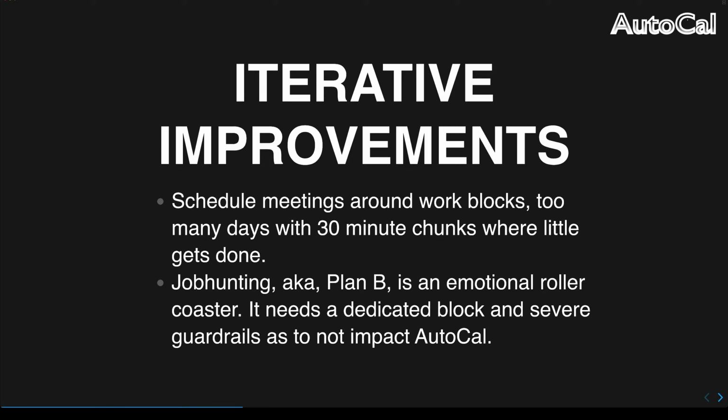But I had an issue this last sprint with a lot of 30-minute work blocks, which is not cool. It's just really hard for me to get started and stopped on stuff like that. And of course, job hunting, plan B, is an emotional roller coaster, and I get way too involved with potential future employers. But at the same time, I don't have unlimited funds, and I'm coasting on goodwill right now. So I need to keep that in my back pocket as a thing to do, because this is not